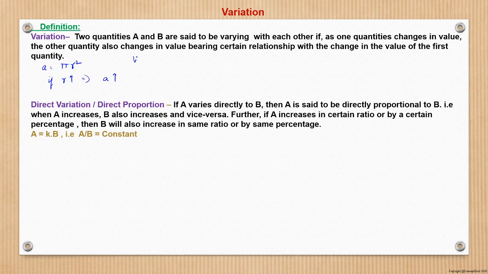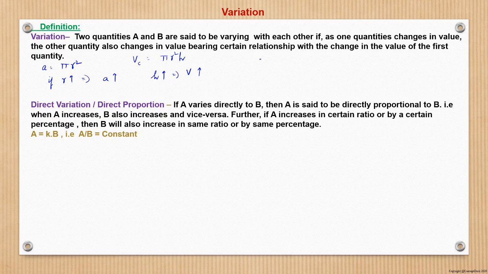Similarly, suppose the volume of a cylinder is pi r square h. Here if the height h increases, the volume will also increase. So these are variations. If one variable varies, then the other dependent variable will also vary. The amount of variation may or may not be directly linked, but changes would be there. The changes may be in the same direction, or in the opposite direction.